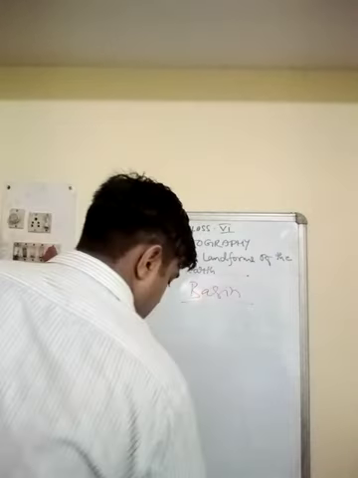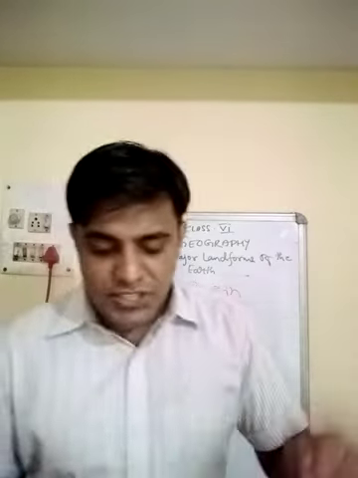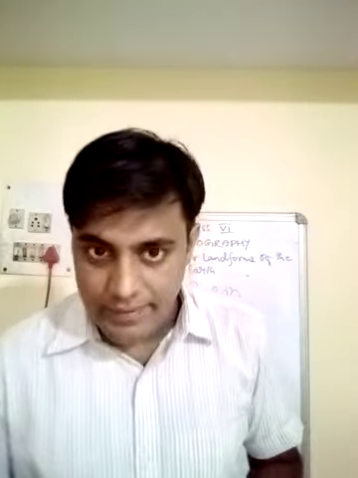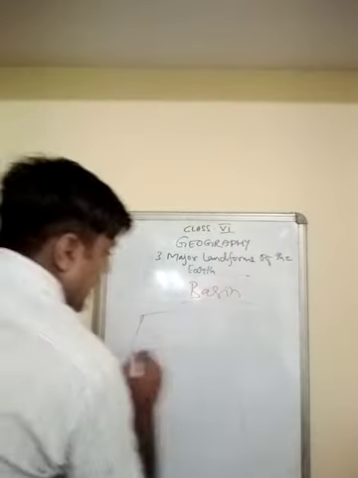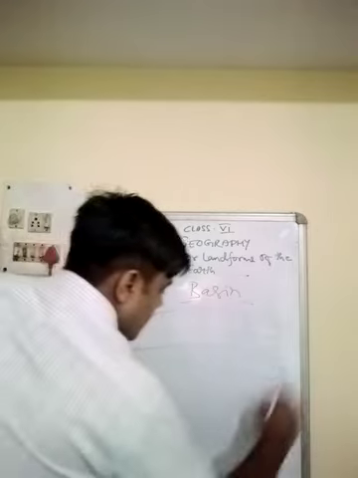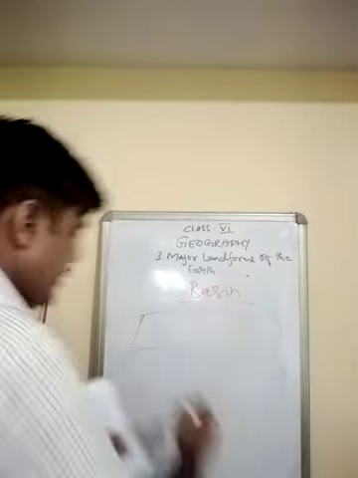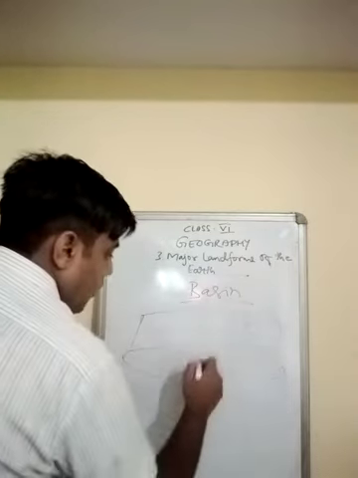So let's see what the book says directly about the basin. A basin is a depressed section of earth crust surrounded by higher land. You see, when there are higher lands on one side and on another side there is a depression, a hole. Okay, so this depression or hole is known as